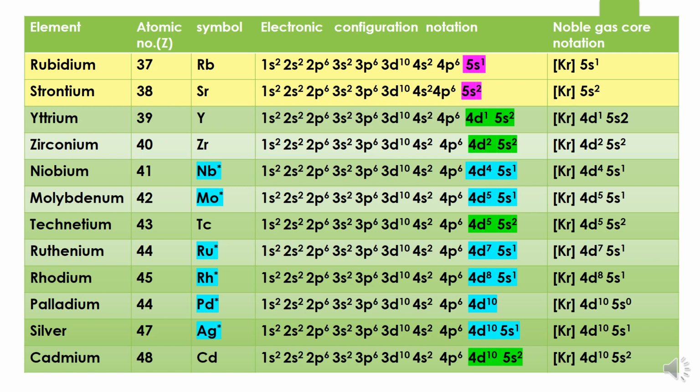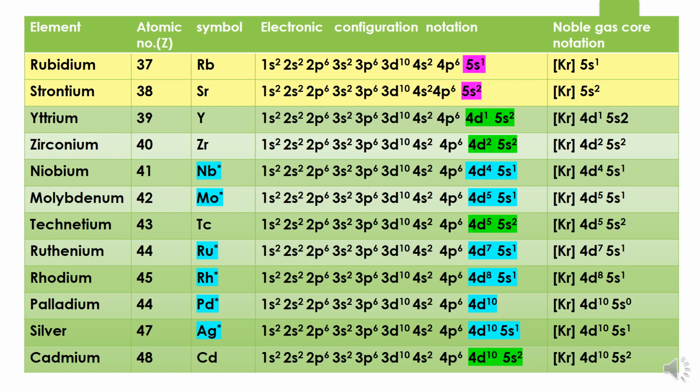Now from the 39th element, the filling of the 4d subshell will start. So now the next 10 electrons will enter in the 4d subshell in the same way as we have done for 3d. Some exceptions you will see just because of the extra stability of half filled or completely filled orbitals. And as you can see here, these 10 elements starting from 39 to 48 are yttrium, zirconium, niobium, molybdenum, technetium, ruthenium,